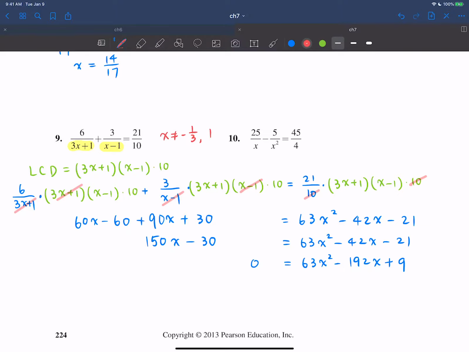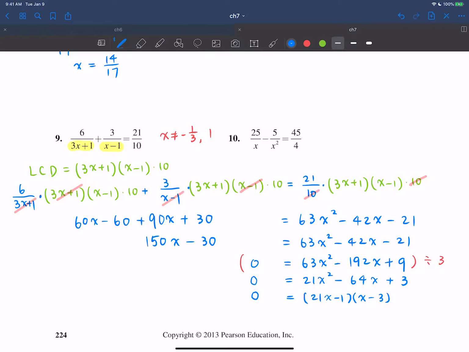There's one thing I can do though. I could divide this equation by 3 to reduce the numbers a little bit. If I do that, the left hand side will be 0. And then you have 21x squared minus 64x plus 3. And for the right hand side, we could do an educated guess to factor it. If you factor it, it's going to become 21x minus 1 times x minus 3